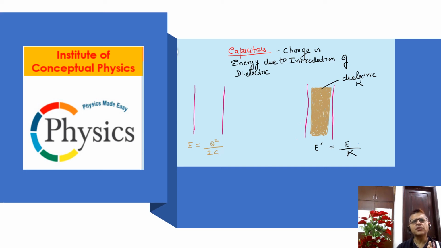If this is not clear to you, there is another way to understand this. The capacitor uses some part of its energy to pull the dielectric inside, so it loses energy. So you can see on the right hand side, the net energy of the capacitor has gone down. And if you want to account for the loss of this energy, it is because the capacitor had some energy, for example, 10 joules, and 2 joules were consumed in pulling the dielectric upwards.